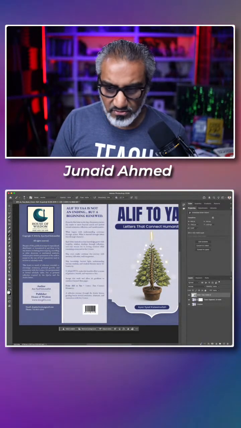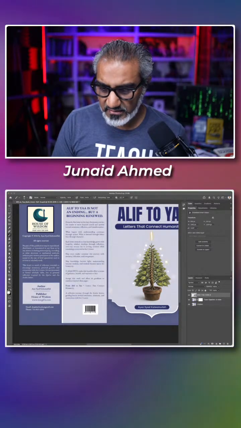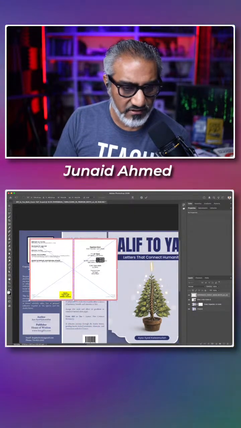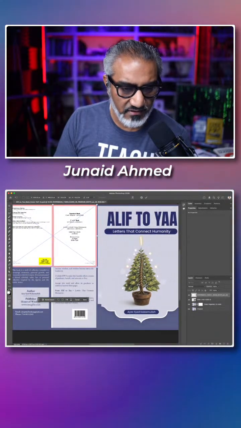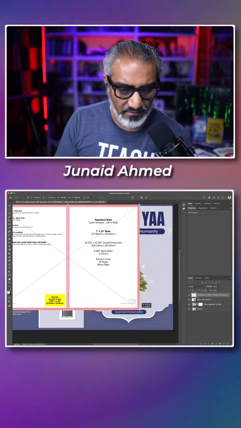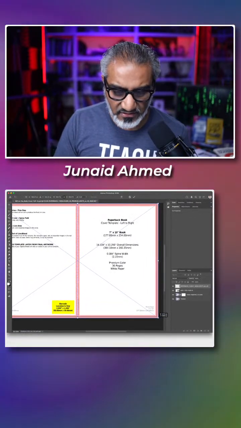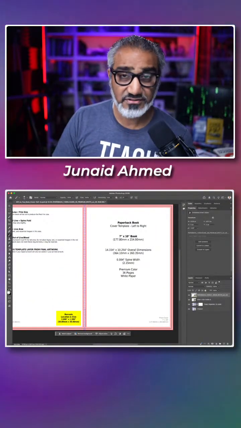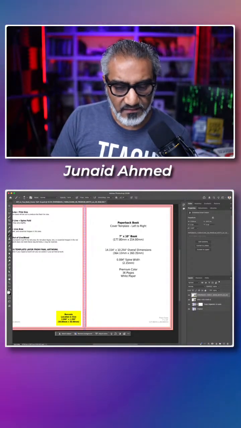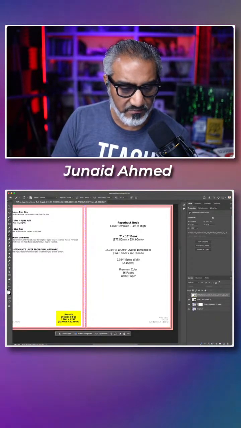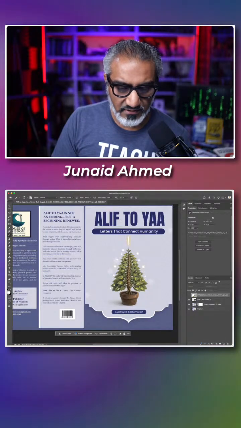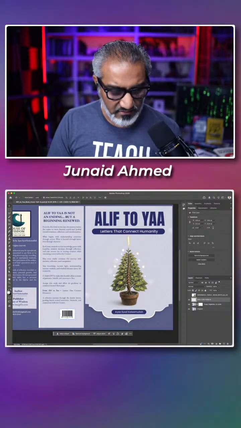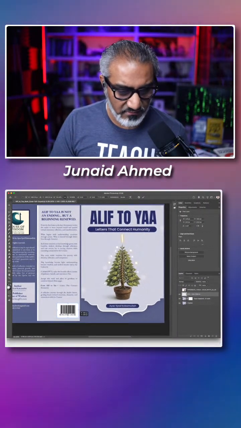And if you remember, I had the paperback layout. I had gotten a template of what my book is going to be. So for 34 pages, this is how big the book is going to be. This template gives you guidance on, hey, this part is going to cut off and this part is not. It also gives you the barcode location if Amazon is putting the barcode in here. But since they're not, I can place it wherever I want, in a place where it makes the most sense. So I'll just simply place it right here.